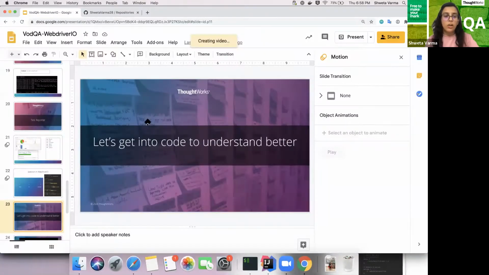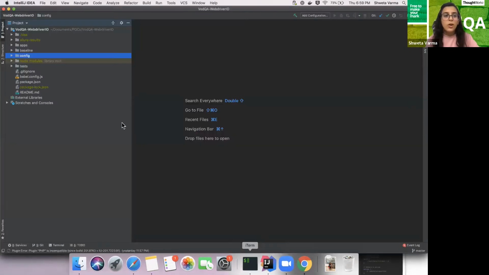Now, we have talked a lot about how, why, and where. Now let's get our head straight with the code. This is how the structure looks like, the sample project I have used. Here I am using the demo app and the demo website for execution and testing.